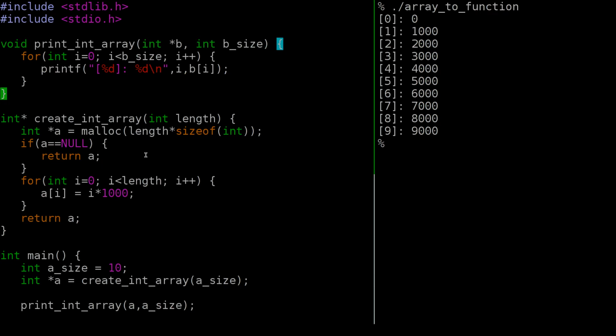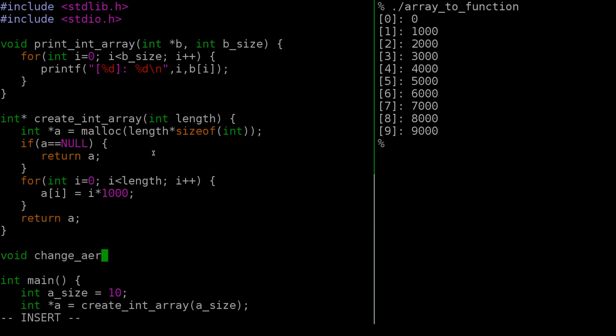That's the names. But because we're pointing to a block of memory here, we can also change the array. So we could have another function like void change array, and let's call it double array. It's just going to double the elements of the array, and it's an integer array, so we'll call it double int array. We need the length of the array. We're going to call it a size,